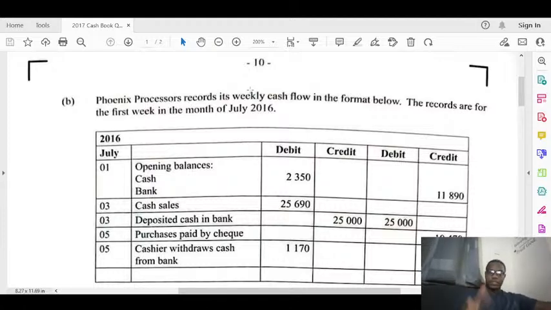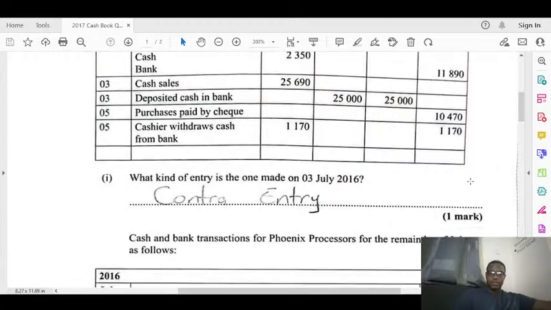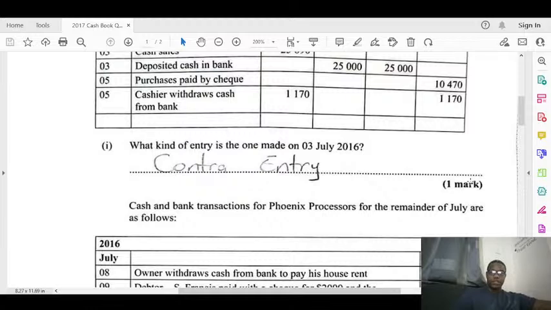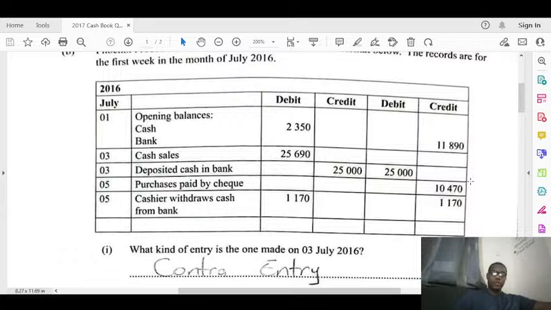All right, I'm just looking at this right now for the cash book. The first question asks what kind of entry is the one made on the 3rd of July, 2016. Now, there are two entries made on the 3rd of July, so I was wondering what they're talking about, but I figure they're talking about the second entry, deposited cash in bank, because they say what kind of entry. So the second July 3, deposited cash in bank, would be a